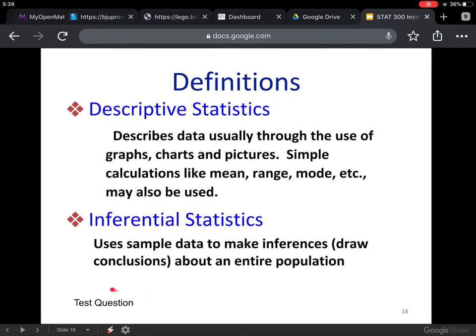Please note that on some of these slides I'll have this test question here, which is a good thing to come back to and say, wait, I'm probably going to be asked this. I might not ask this of you, but this is a good thing to make sure you understand. What is the difference between descriptive and inferential statistics? Well, one is describing through charts and through things like the mean, median, mode, and mid-range and variation statistics. And then the other one, inferential statistics, is about drawing conclusions based on the sample that you have.